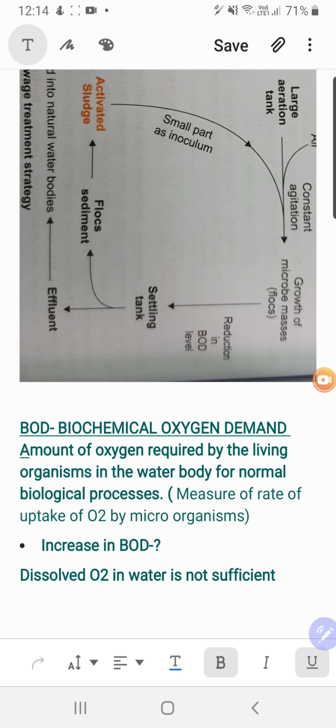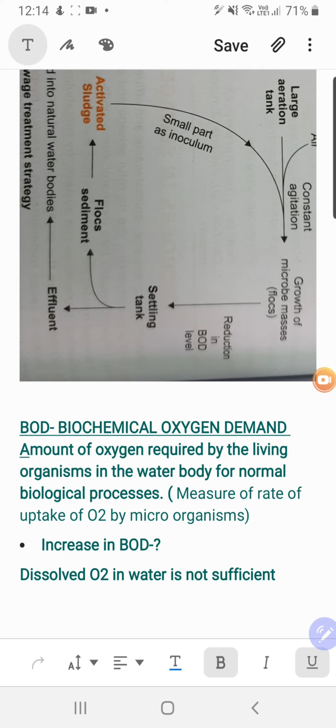Basically what happens is that when the water becomes polluted with organic waste, then to decompose that organic waste, the microbes have to multiply very speedily by consuming the dissolved oxygen. This leads to an overall depletion of dissolved oxygen, and this depletion makes a scarcity for the aquatic animals to breathe, right?